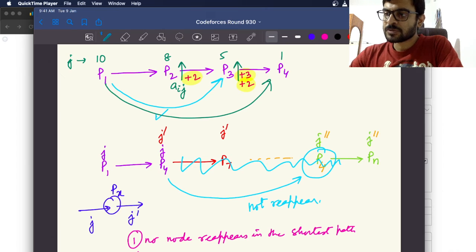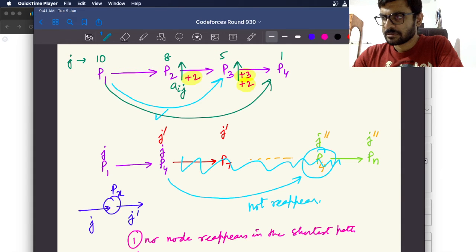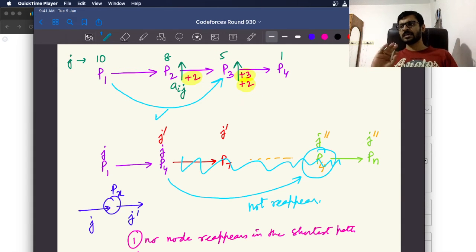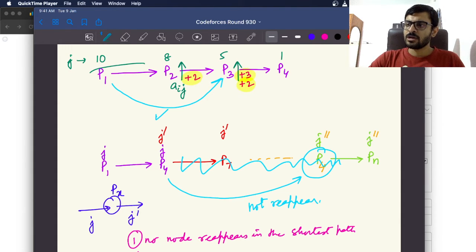So instead of 10 minus 1, I can also treat it like 10 minus 8 plus 8 minus 5 plus 5 minus 1. I can treat it like that. So fine, if I keep it in that way, that is one side of it, which means attribute wise, I can have only n minus 1 edges instead of n